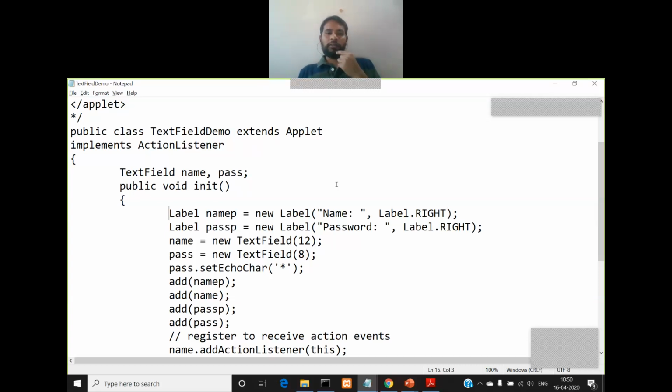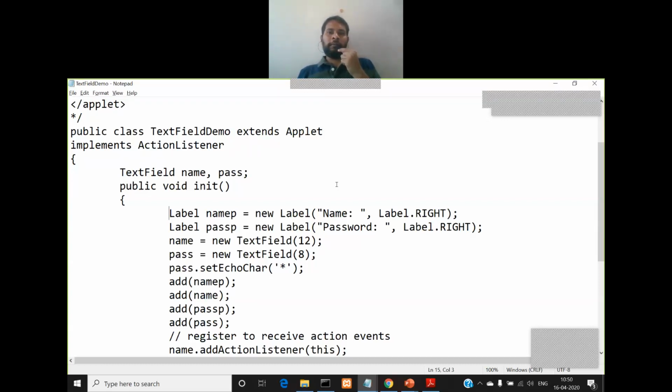Similarly for the password field also, we'll create a label called password in front of it, so that the users of the application will understand what they are supposed to enter into that text field. Otherwise, if you simply create empty text fields in your applet window or AWT window, the user will not understand what to enter. So you need to mention what the user is supposed to enter in each of those text fields that you create in your applet window. To mention that, we'll be using something called label.